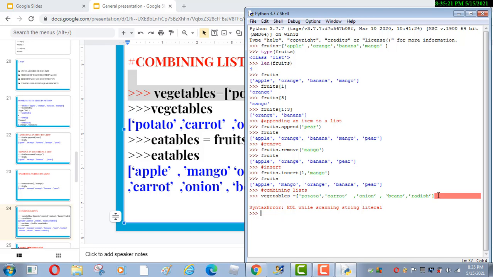Since it is copy pasted, it is not showing me, so I'll rewrite it once again. Vegetables is assigned with square bracket, quotation,